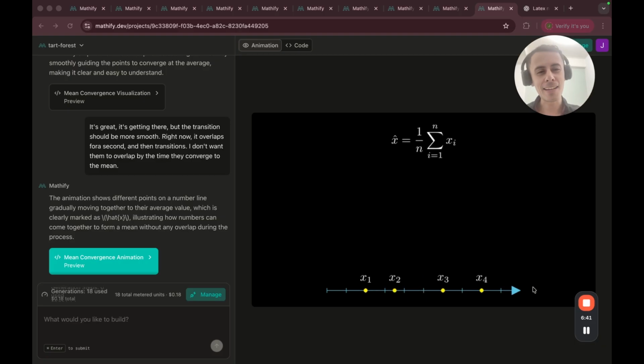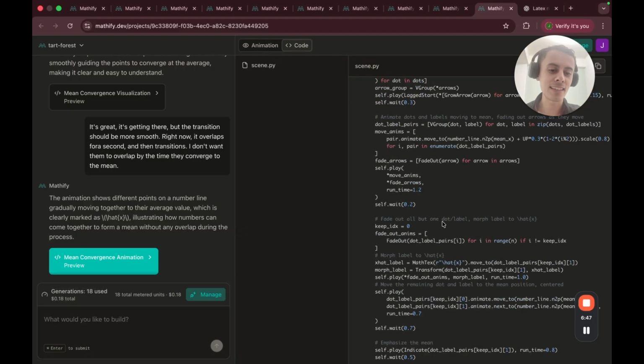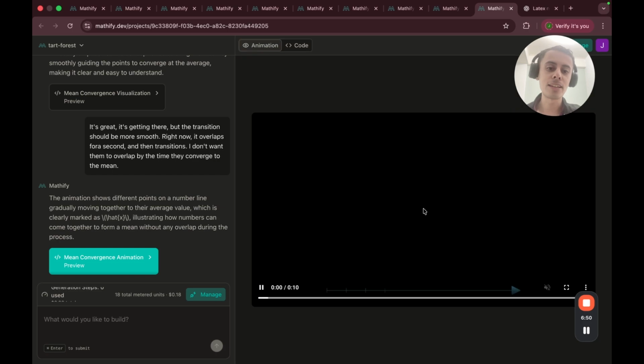You can talk to it, and it can get the feedback, and it can implement it without touching the code, even though the code is here. I'm being transparent, and eventually I want to be able to edit the code here. Right now I can't, but I will implement that as well. So yeah,